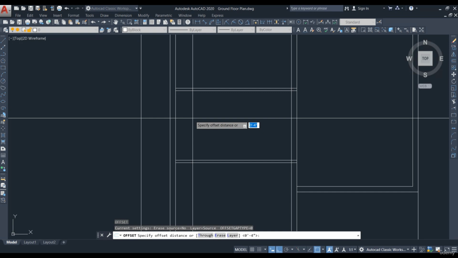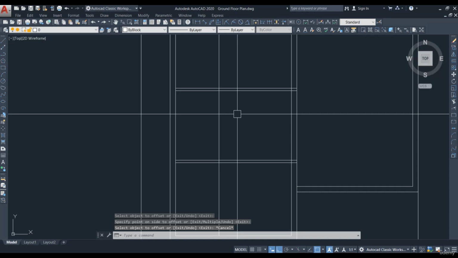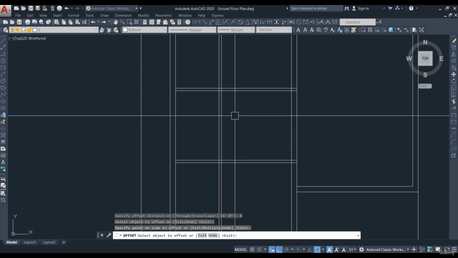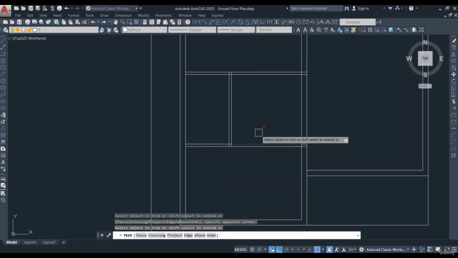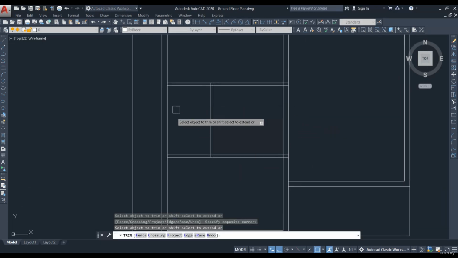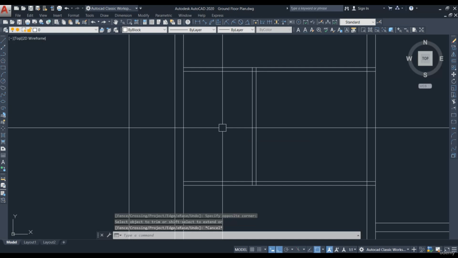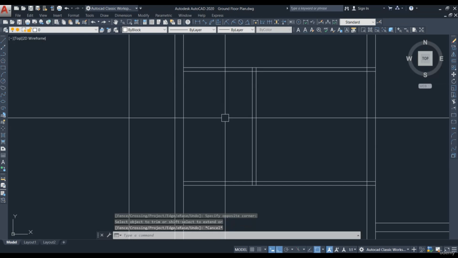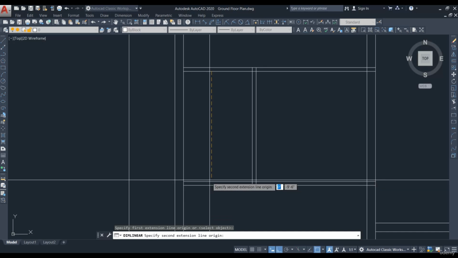So for that what I'm going to do is, offset 6 feet I'm going to take, 6 feet offset, and again offset 4 inches, do the trim. See, this area we can make as a store, and this area we can keep as a dining. Okay, next what we can do is, this also we can separate into two parts, because it's totally how much distance,